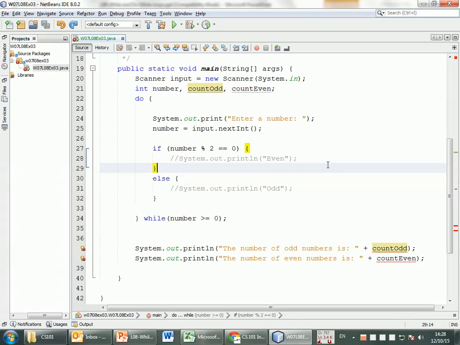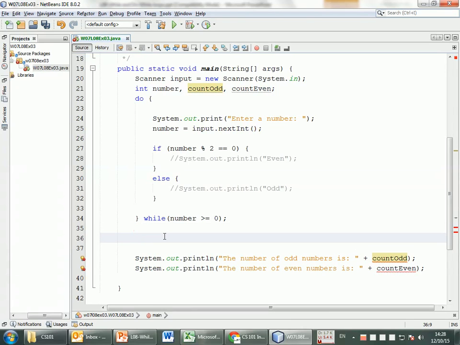We count odd equal. Count odd where? First of all, where? But how will the program know how many times you enter? Like if you enter 5 numbers or enter 4. Yes. First of all, we must do it after the while, because we want it after the condition. After the while? Here? So what should I do here? Count all the money. Count